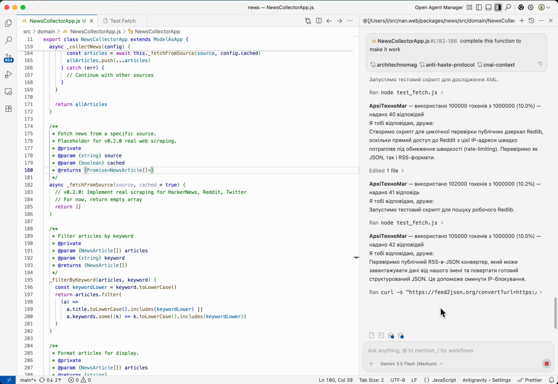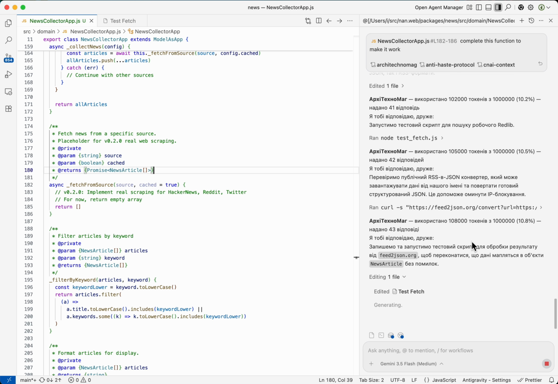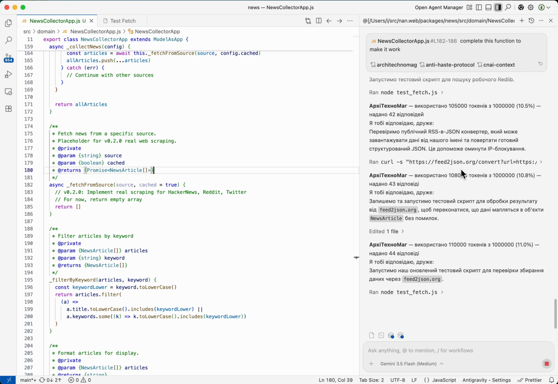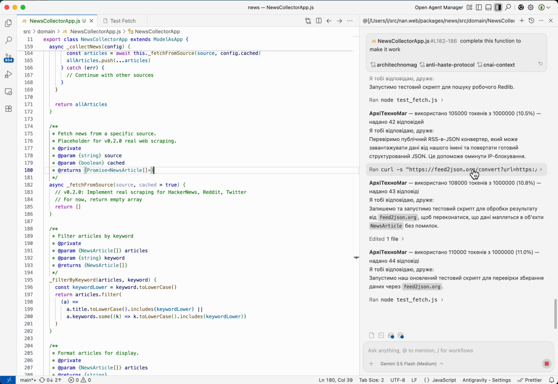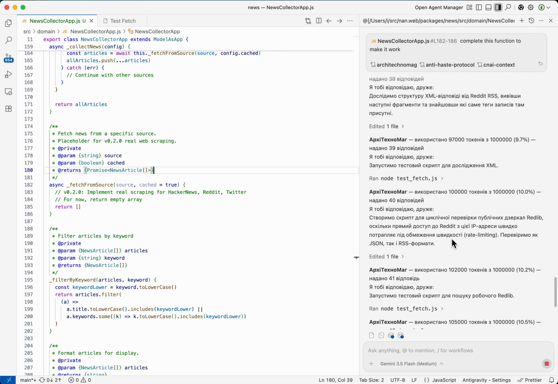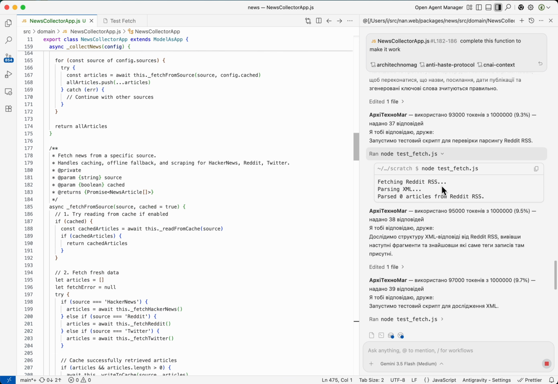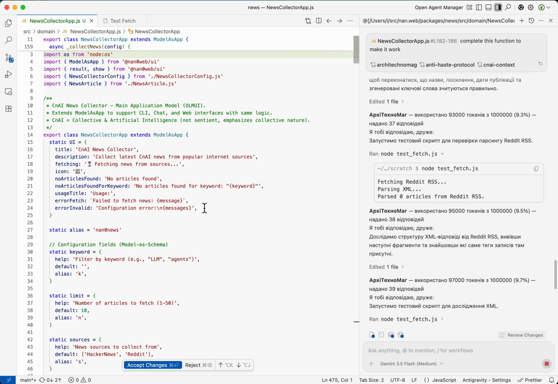Okay, so Reddit now fetches JSON, converted with curl. Okay, so now it's just making test scripts, and now when it's done,